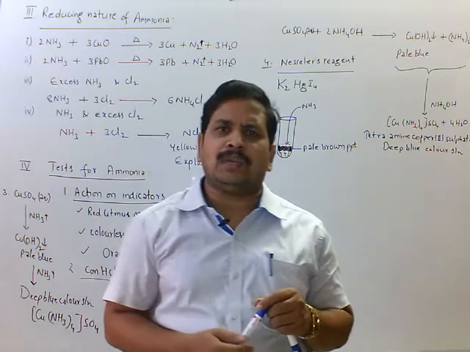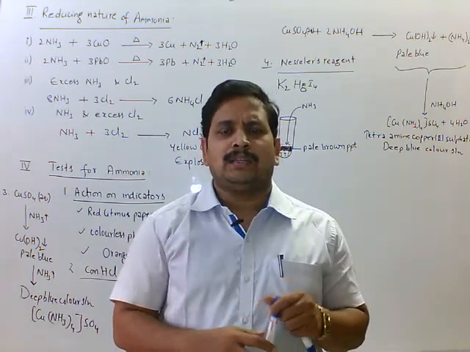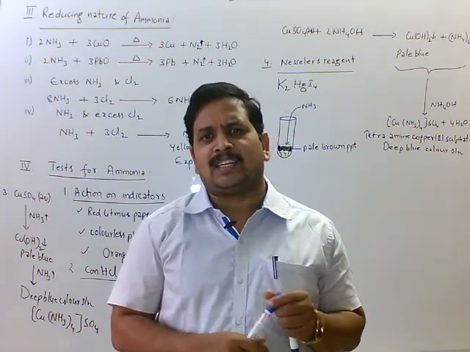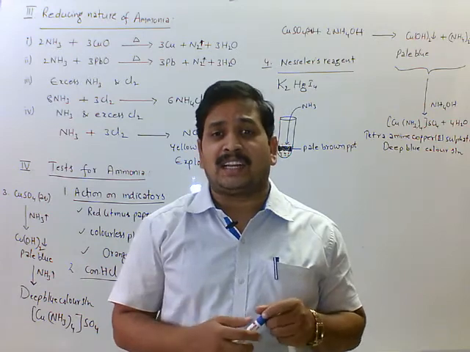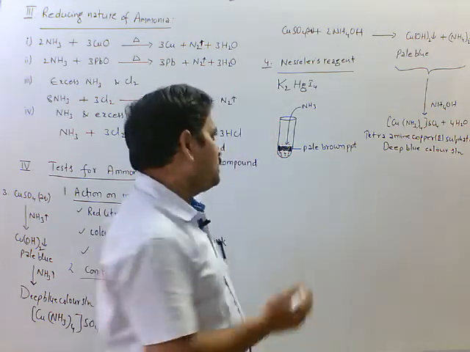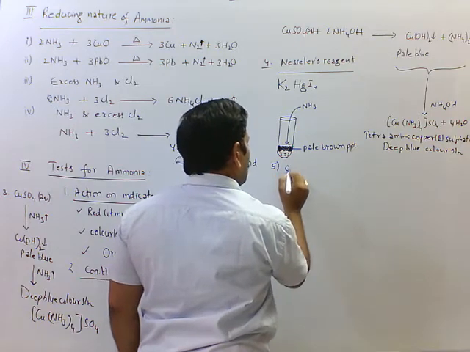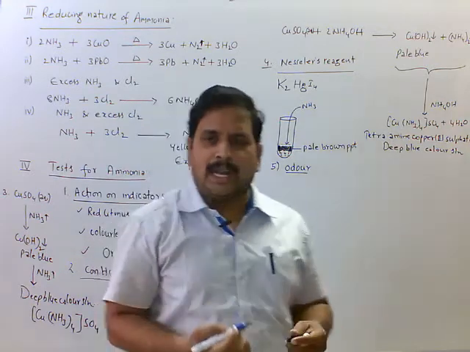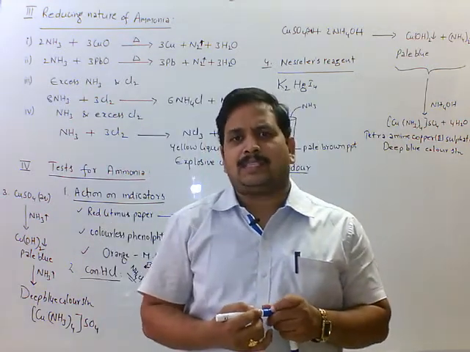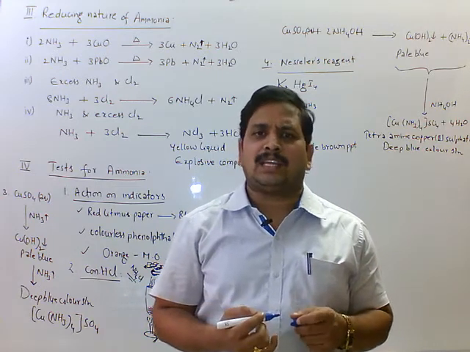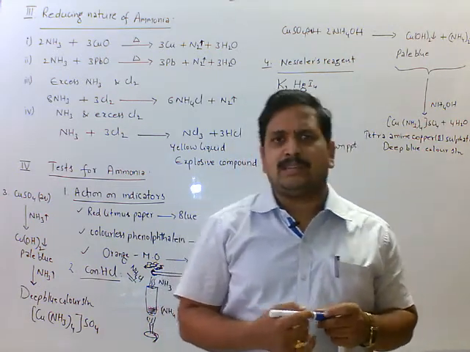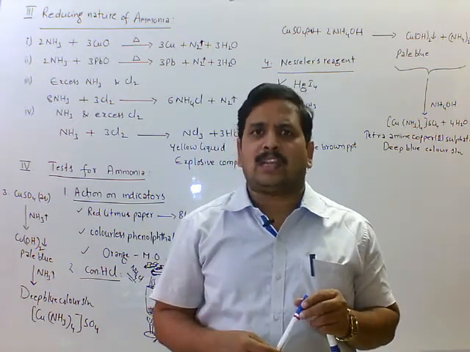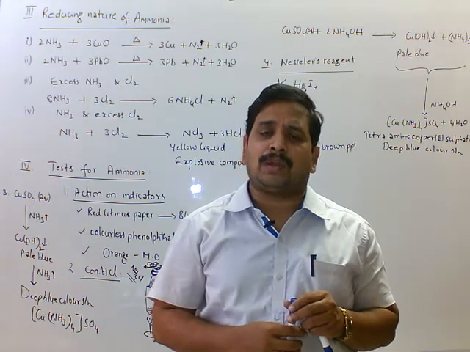And one more test we have, that is the odor test. In this, ammonia has a pungent characteristic smell, that's why it is easily recognizable. So that is the fifth one, odor. With the help of that characteristic odor, we can identify ammonia gas. And also some physiological action is there. It causes irritating and burning sensation in the nasal passages and brings tears from the eyes.